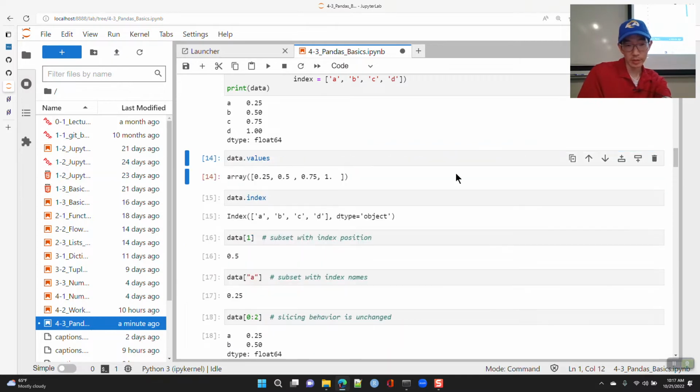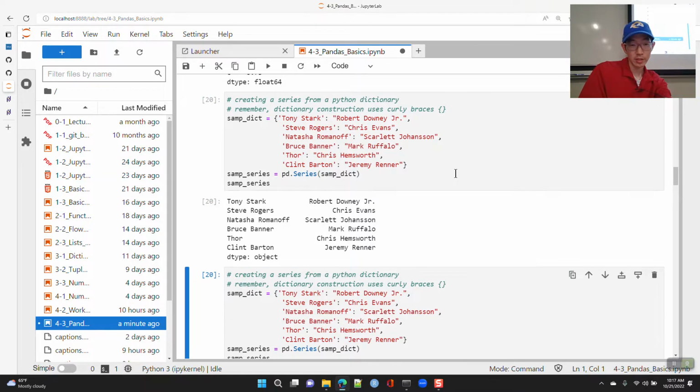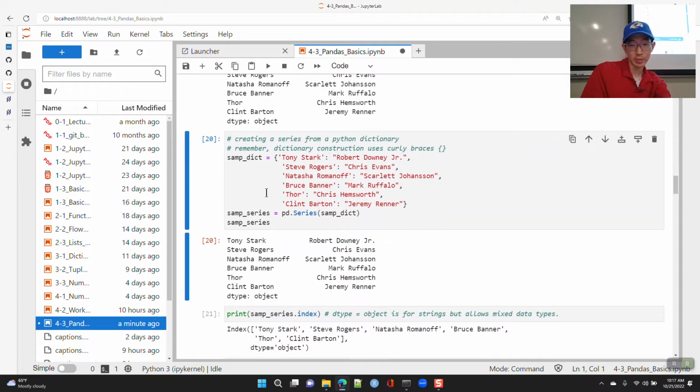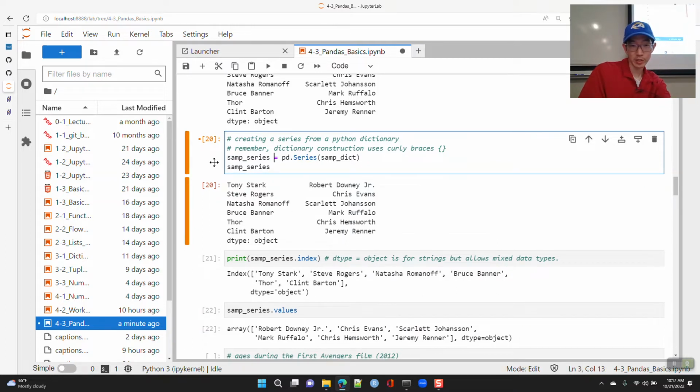All right, so let's try the sample dictionary. We'll call it sample series 2, and you're saying specify index equal to, say, A, B, C, D, E, and F. Is that what you're asking?